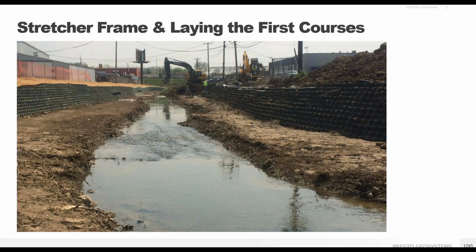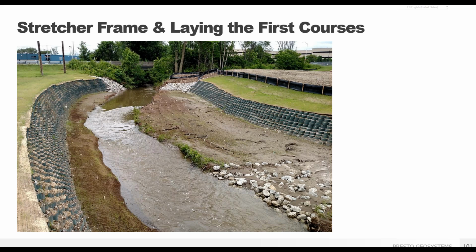And here we see the newly constructed GeoWeb walls on either side of the watercourse. And here again, as vegetation begins. The front fascia cells were seeded with a native plant mixture and an aggregate topsoil mix. Notice the slight curve in the wall towards the top of your screen.